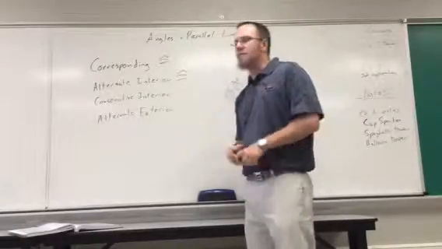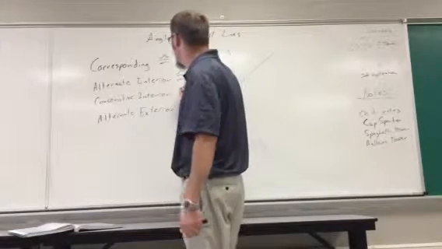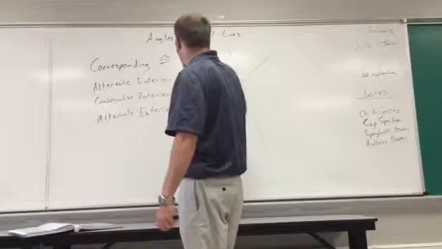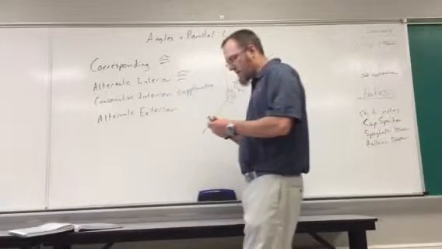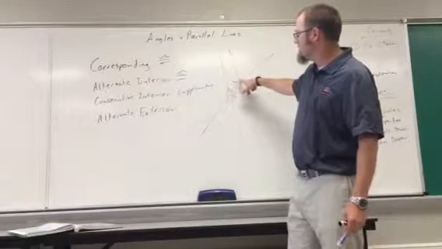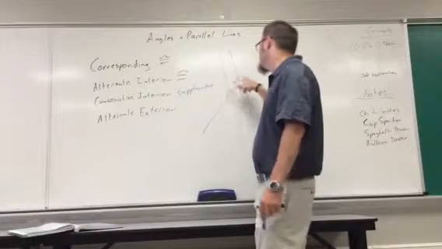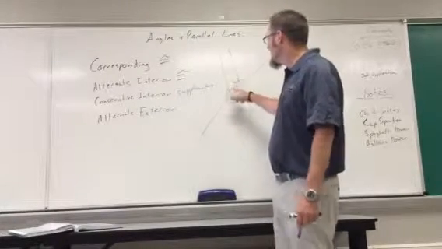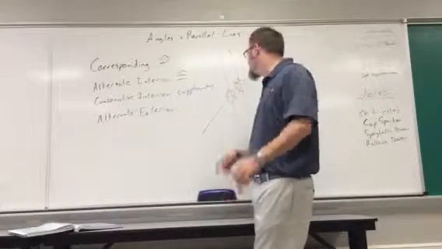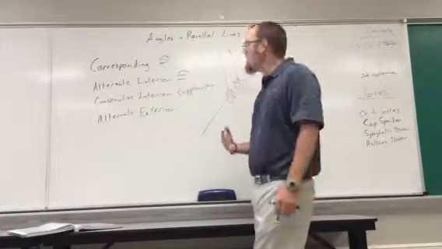The consecutive interior angles has a difference here, a little combo breaker. They are supplementary. Okay, it has to do with the fact that this angle is congruent to this angle, and these two are a linear pair. So that means if I took this one and substituted in, they would add up to 180 degrees. So on the inside of this, these two angles on the same side add up to